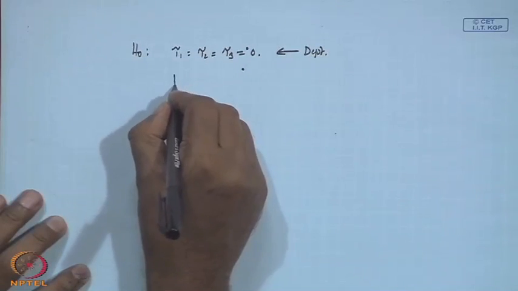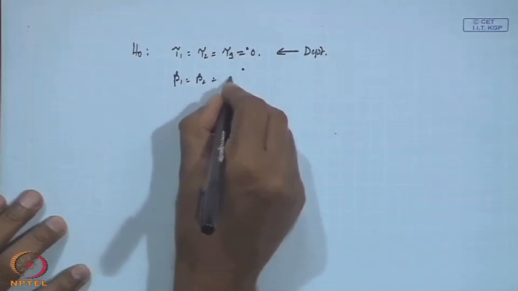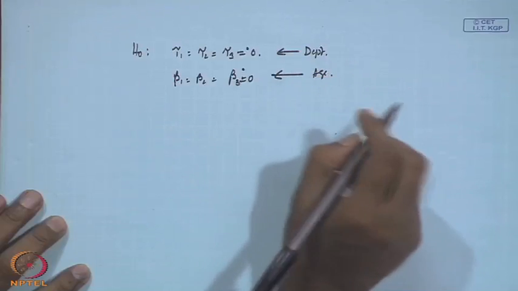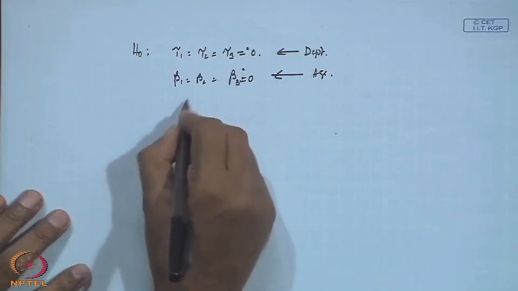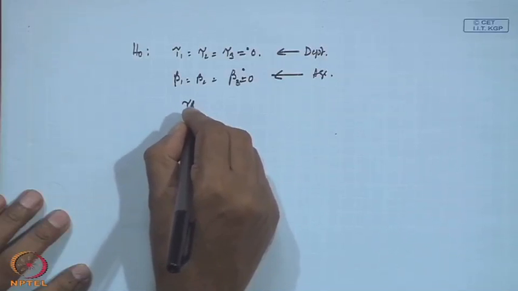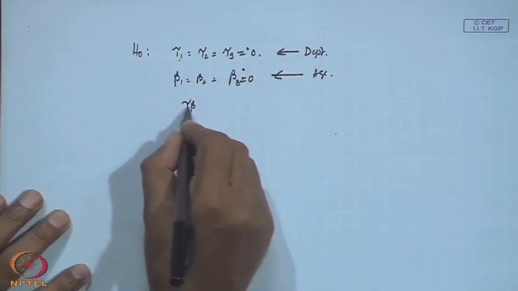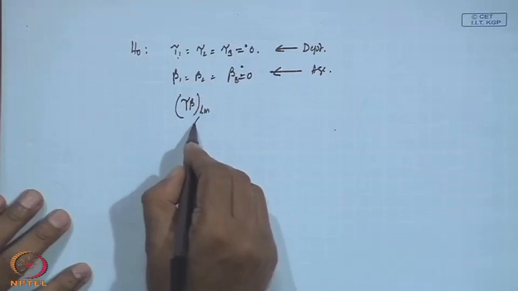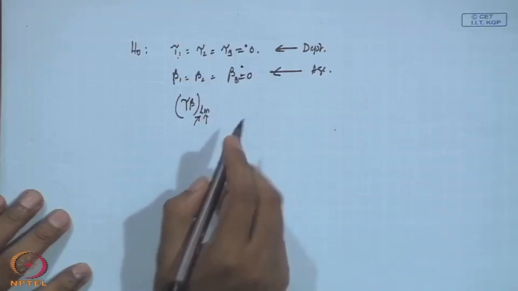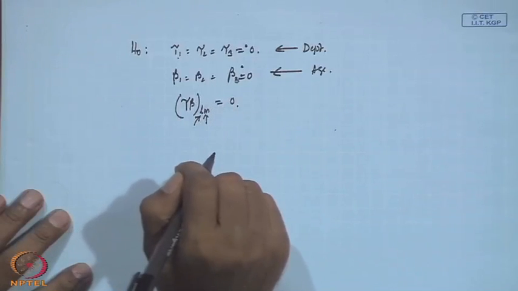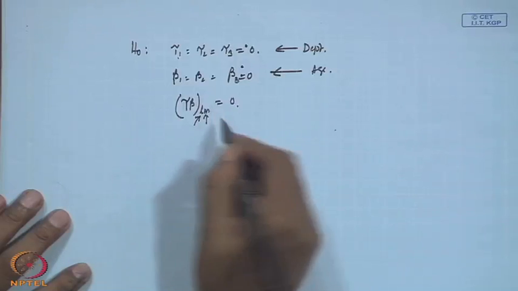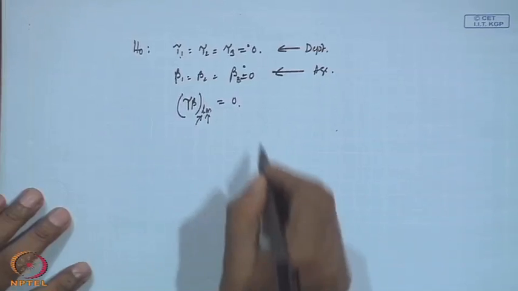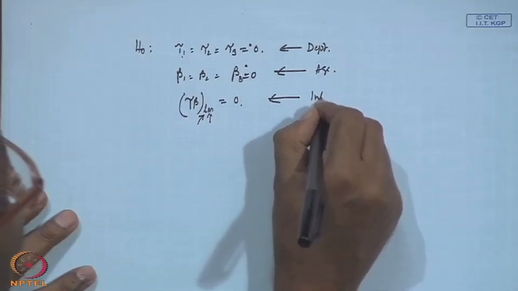Similarly, beta 1 equal to beta 2 equal to beta 3 equal to 0, that is from the age point of view. Now, similarly, tau beta, I am writing now LM, where L stands for the department and M stands for the age, that also will become 0. That combination tau LM, all those things, will be 0. Why is this coming? This is coming because of the interaction point of view.